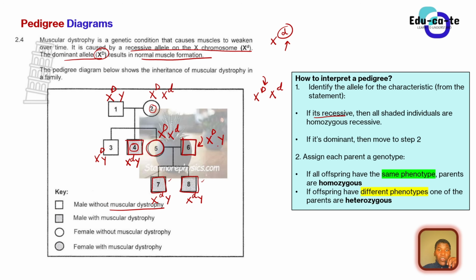Please make sure that you watch my video on sex-linked inheritance so that you get further understanding on how this works. But the idea here is, the mother is a normal female. Individual 2, which is the mother to 4, is a normal female. But by looking at individual 4, which is a male, he has that recessive allele that causes the condition, and the only way he could have gotten it is from his mother, not from the father, because the father is perfectly normal. He has a dominant allele. That's how you label everything.